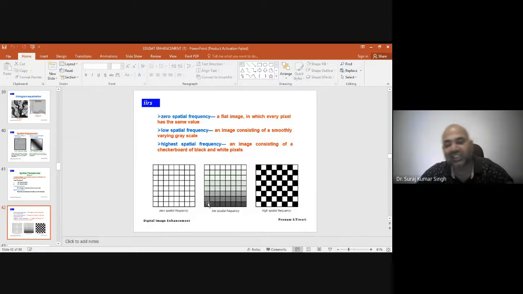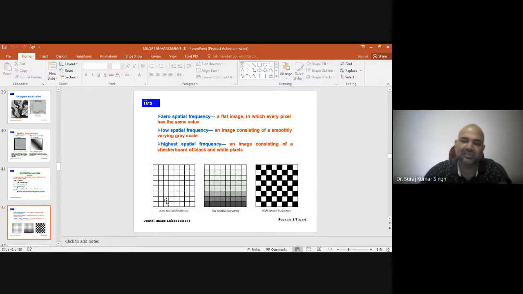You can see these three images, and by seeing them you can easily say which has high texture, which has moderate texture, which is coarse, which is smooth, which has high frequency, which has low frequency, and which has zero frequency. Zero spatial frequency is a flat image in which every pixel has the same value.